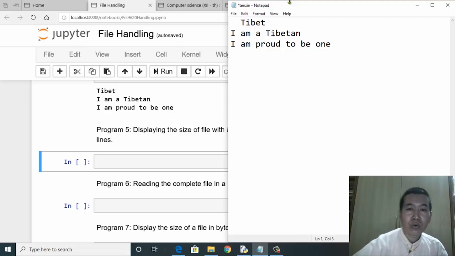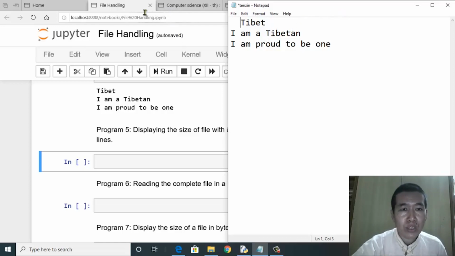So I now have 2 white space characters. These are actually called leading white space characters, and this is a trailing white space character. These two are a space, but this is a new line character. But since both cannot be seen on the screen, they need to be represented through the escape sequence. Hence, these are called white space characters.